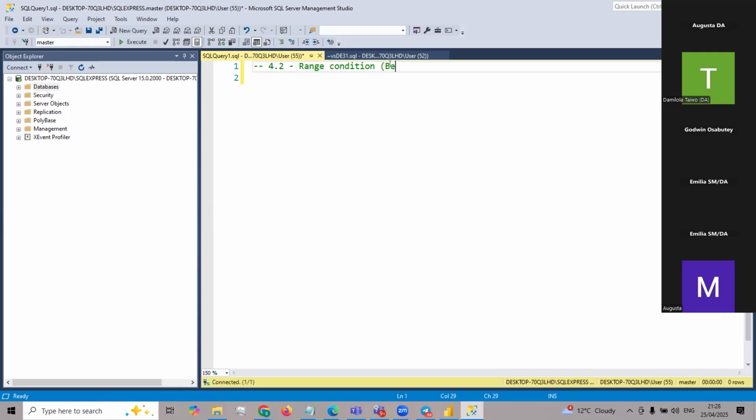Within. I would rather you use something different. Between and not between. So these are the keywords for range conditions. Between and not between, these are the keywords. So for example, if we say we should select